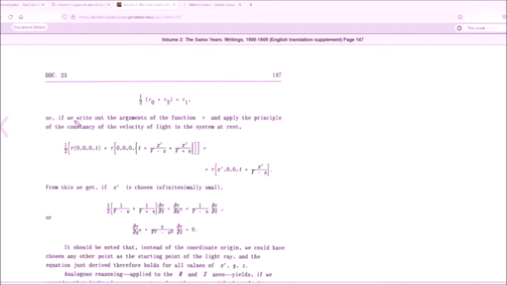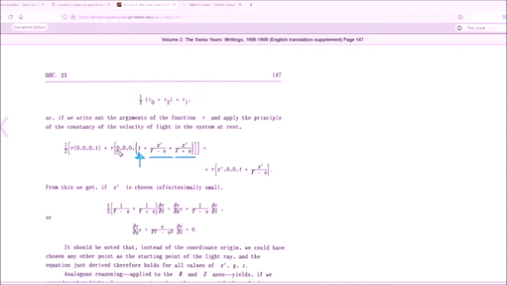Or if we write out the arguments of the function tau and apply the principle of the constant velocity of the speed of light at rest, you are going to have that is the time in the rest place. You're going in one direction, you're coming back in the opposite direction to the point, and this is a coordinate system. That is the time, and this is x, y, and z,